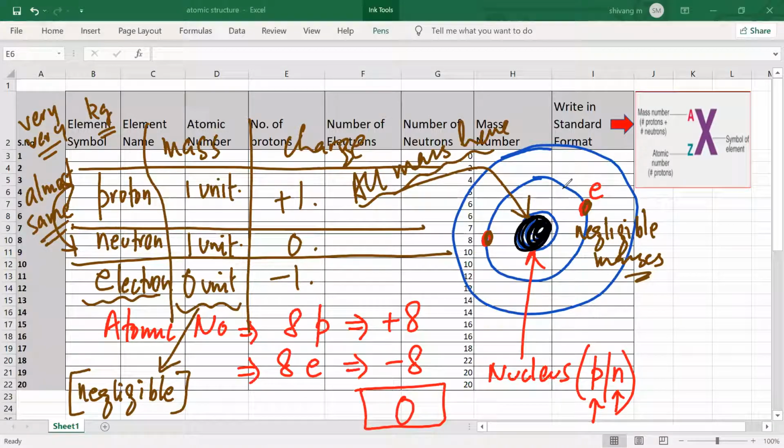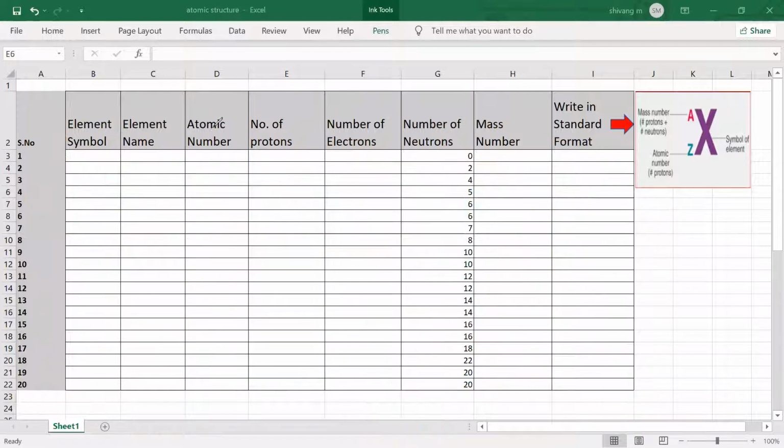Yes, sir. So now we return back to where we had started. So when I look at the atomic number, Mr. Satya, what is the information that I have? So how many protons and neutrons does it have? No. Can I know the number of neutrons looking at the atomic number? Yes, sir. How can I know?